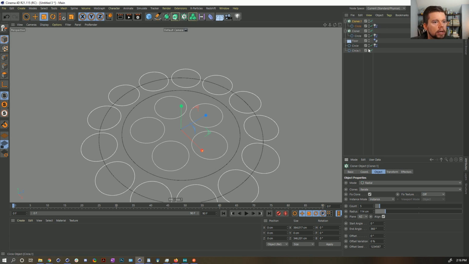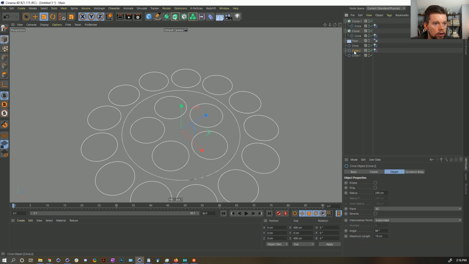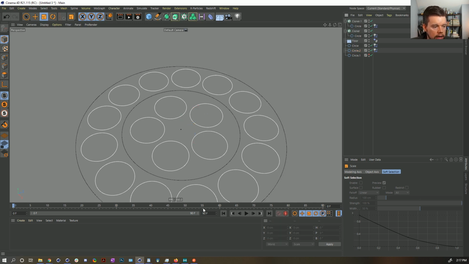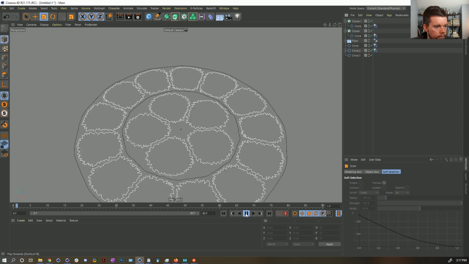Now we can visually ignore this one because that's just creating a clone. And why don't we trap everything inside of a second circle here? So that's the idea. If we hit play right now, I think everything should work properly. Hit play, and